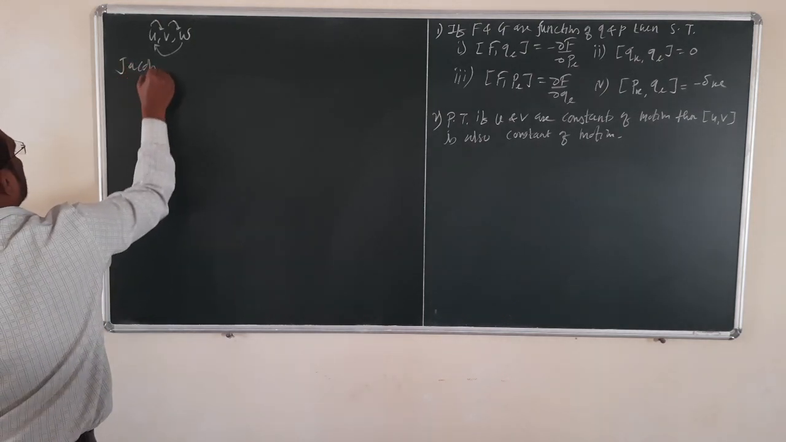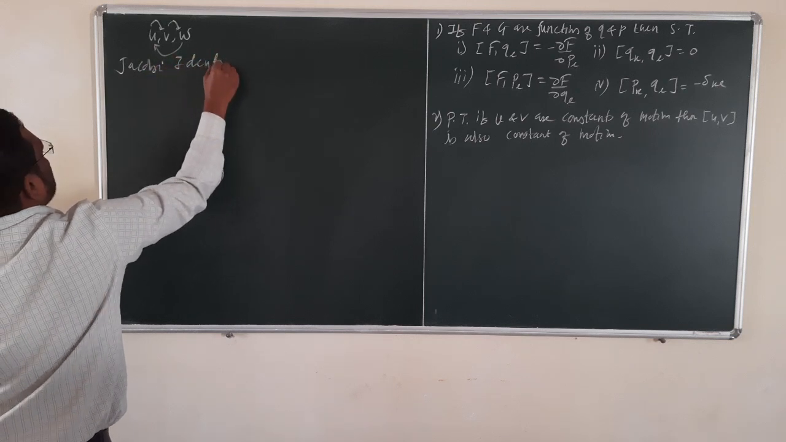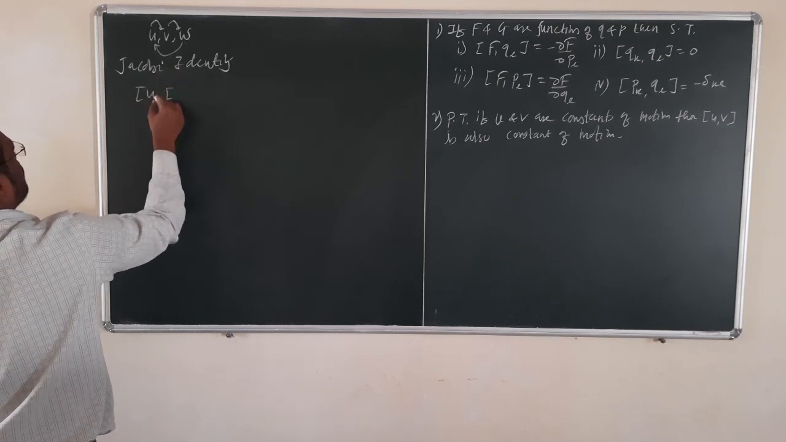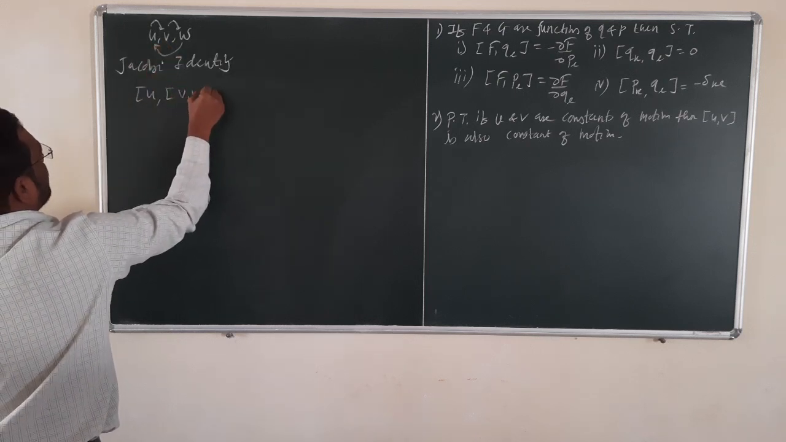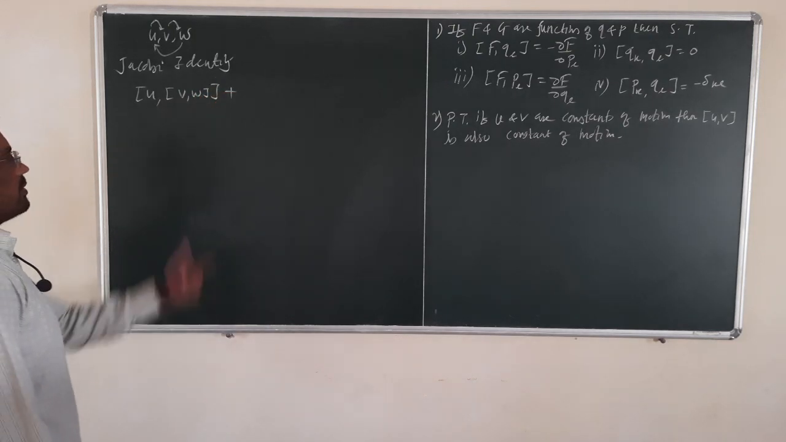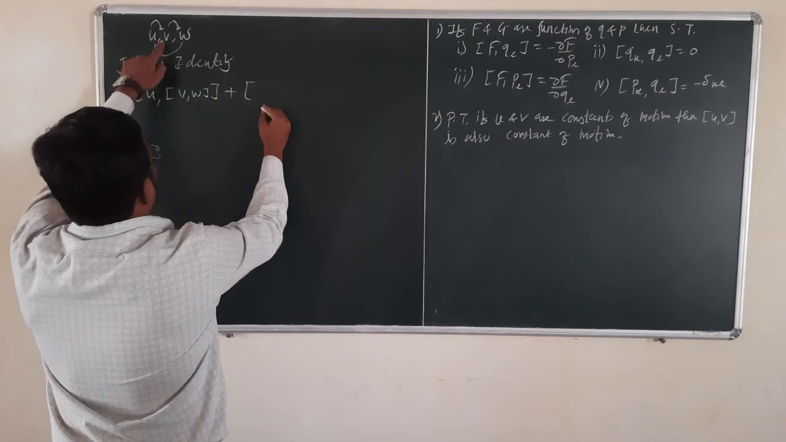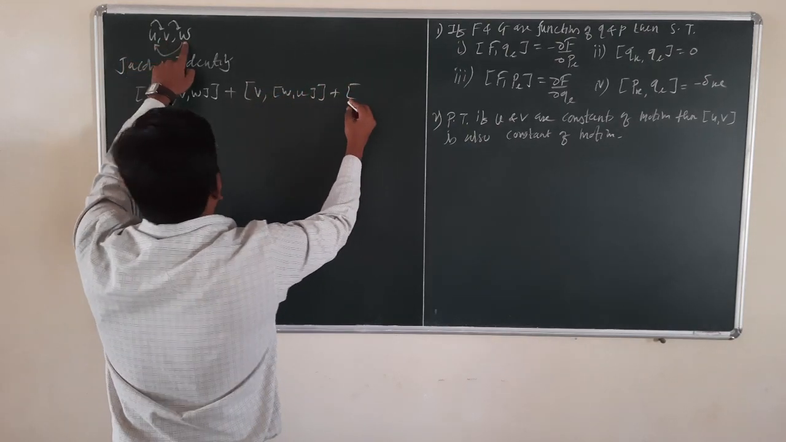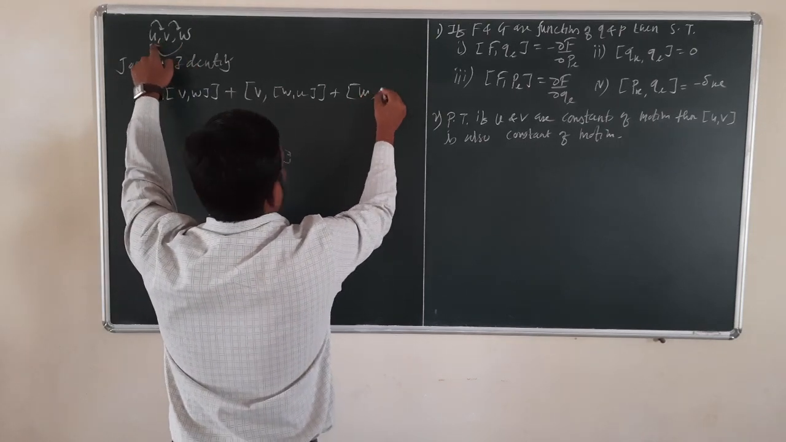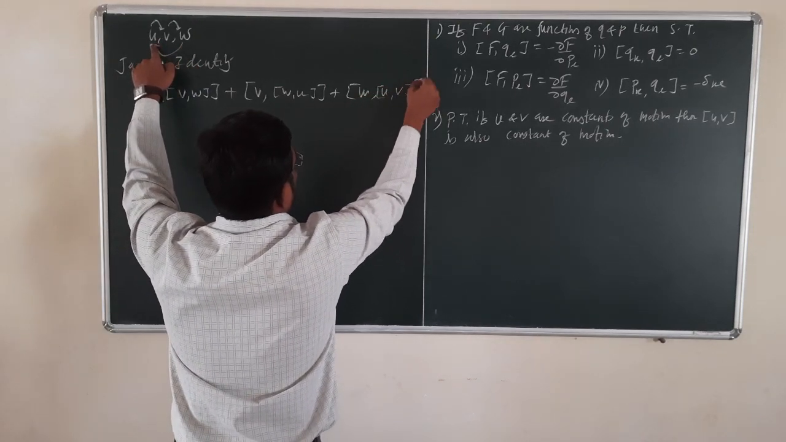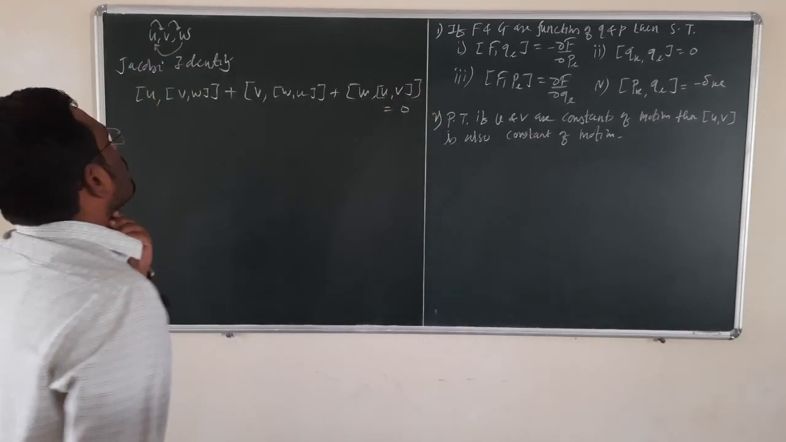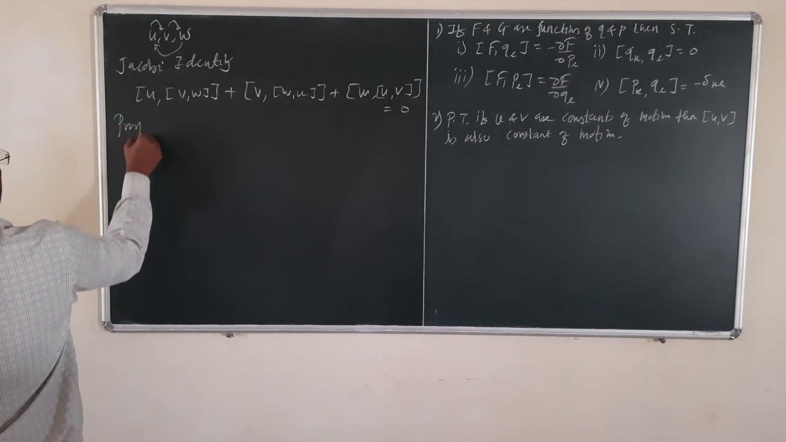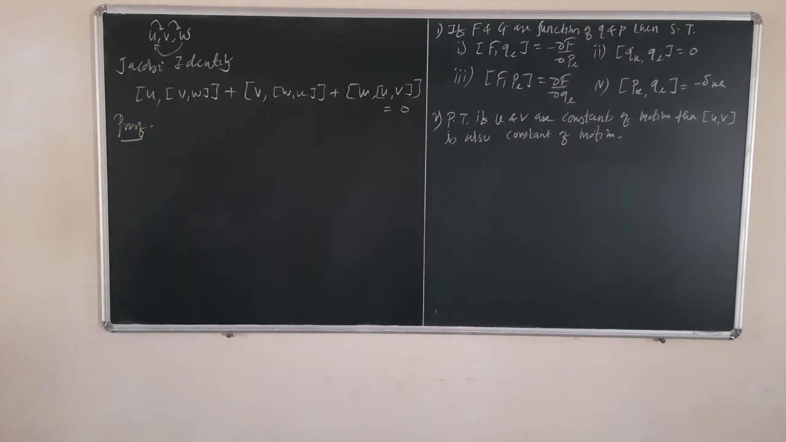So the cyclic relation can be written as the Poisson bracket of u with the Poisson bracket of v, w. This is an implicit type of Poisson bracket, plus the second one, v with the bracket of w, u, plus w with the bracket of u, v, and this is equal to 0. Now, to prove this Jacobi identity, we have to start with